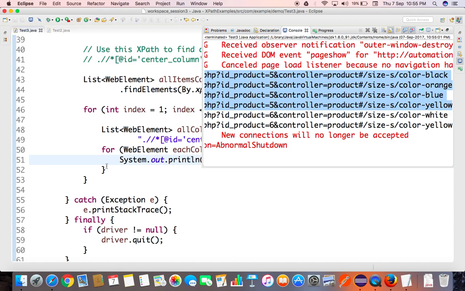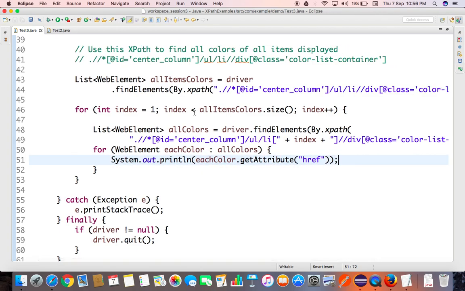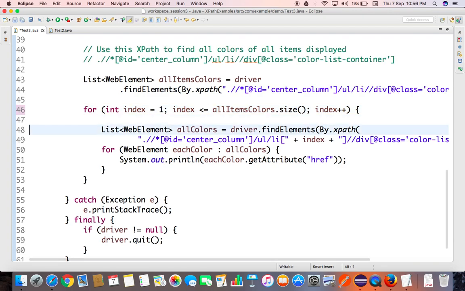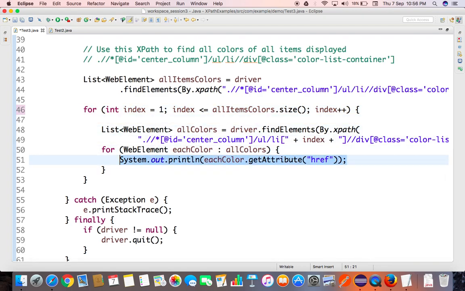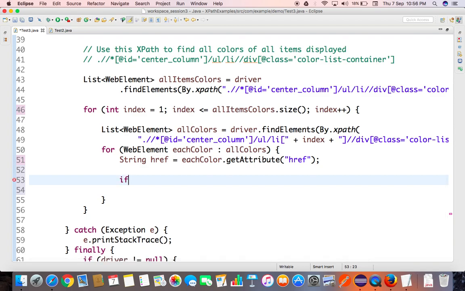Okay, so to do that we are going to check. Now this is printing the href value. This is going to be less than or equal to, because I am going to start from 1, 2 and I will stop at 3. Now this href value can be stored within a string, href equal to, and I can check if